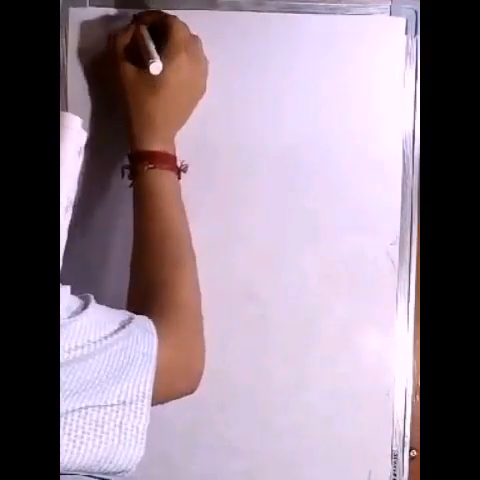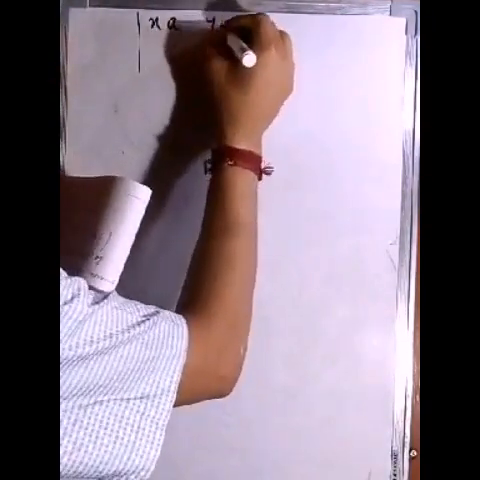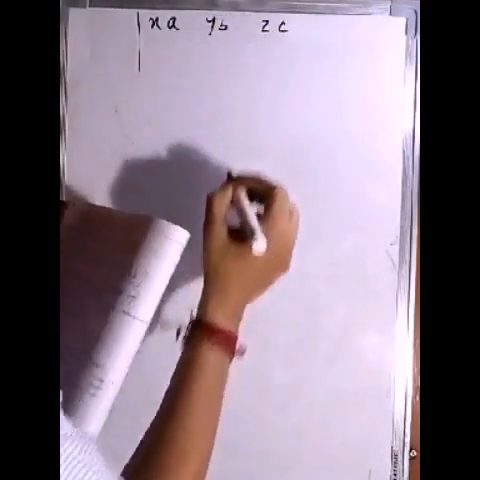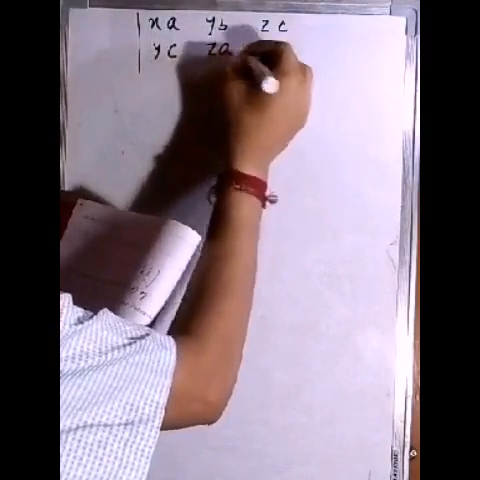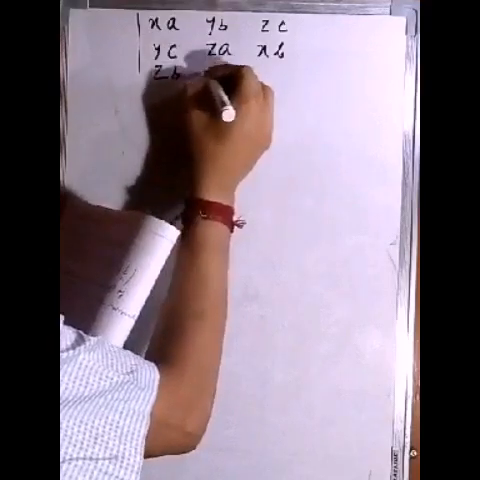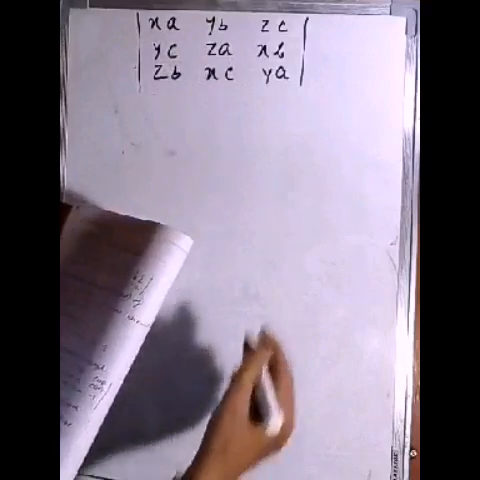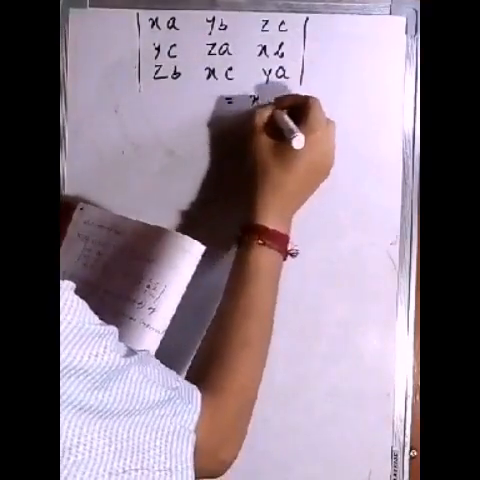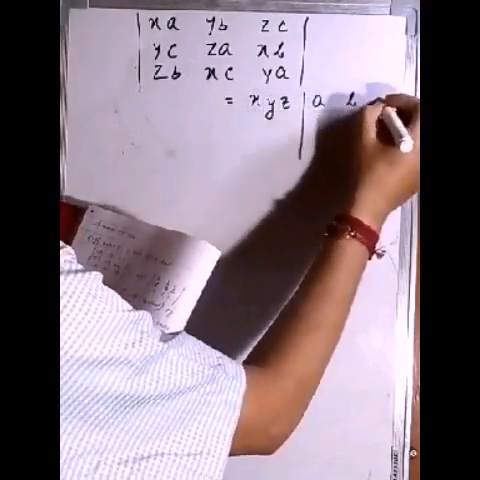The first sum of today is determinant XA, YB, ZC, YC, ZA, XB, ZB, XC, YA. This determinant is given and we have to show this determinant equals XYZ, determinant ABC,